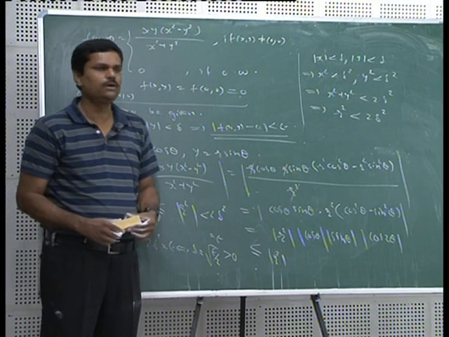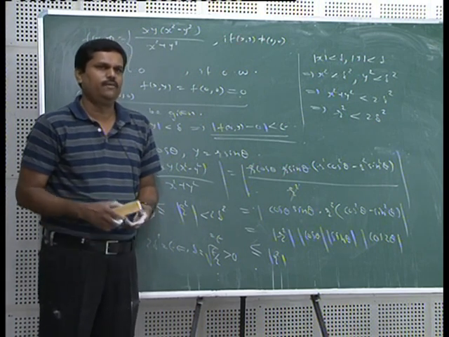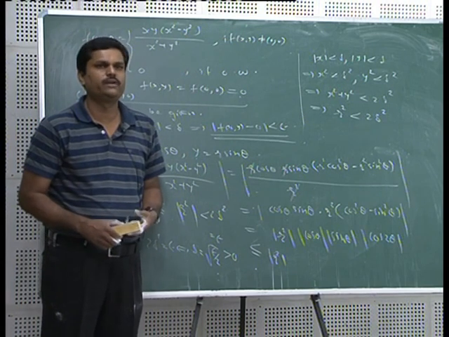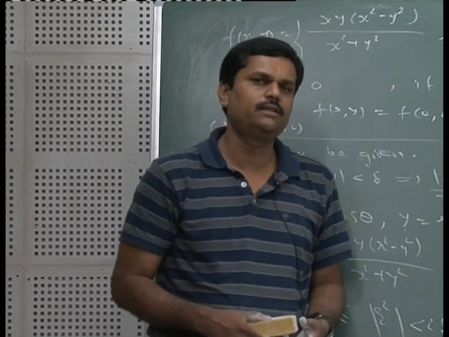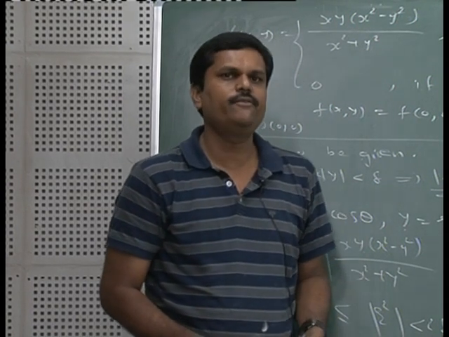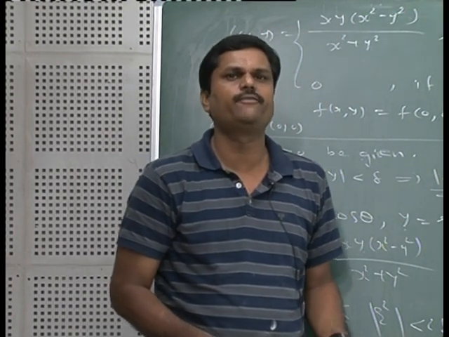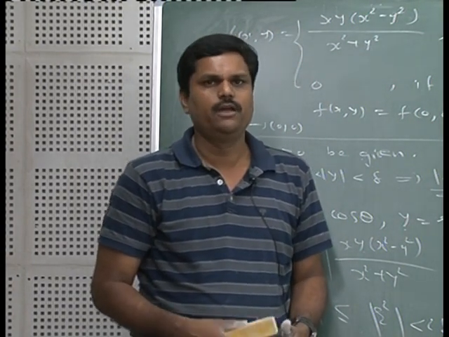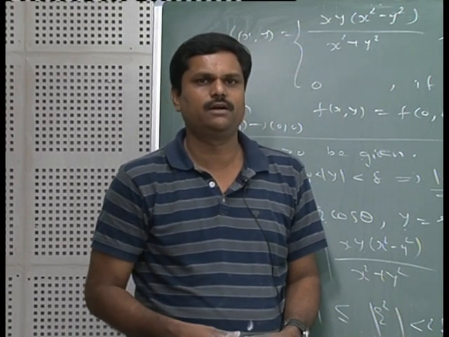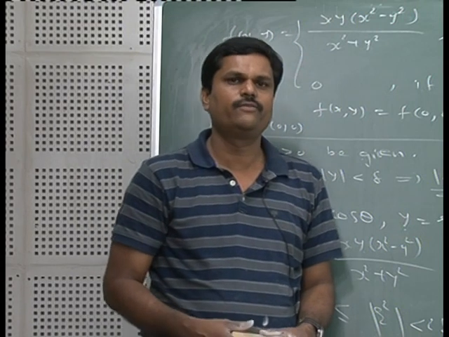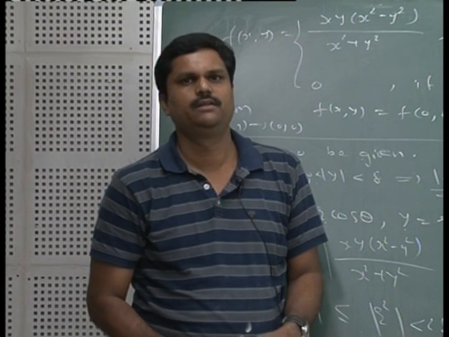Okay. So, in today's topic we have seen 3 things. First of all, how to prove a double limit does not exist using 2 techniques: one is the limit depending upon the path, and the other is the concept of repeated limits. Secondly, we have seen the concept of continuity and how to prove a function is continuous using the definition. I hope you have understood this, and next time, if time permits, we will discuss another concept, differentiation for functions of 2 variables, namely partial differentiation. Thank you very much.